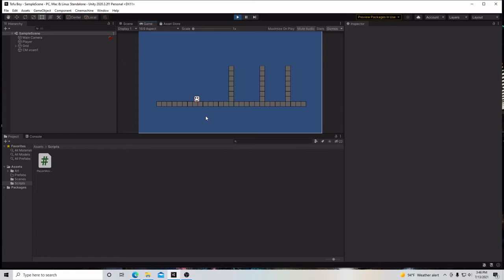Hello, and welcome to my tutorial series on how to make a 2D mobile platformer in Unity. This video is part 1 of 2, in which we will be using our Raycast to develop a wall jump